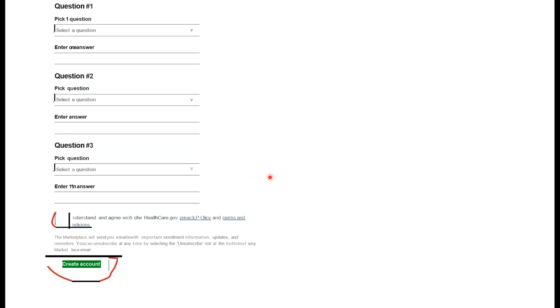Okay, so you don't forget, because then you'll have to call directly to the marketplace, and that takes a long time if you forgot your password or if you forgot your security question. Once you do all this stuff, go ahead and click on create account,